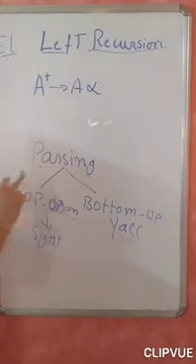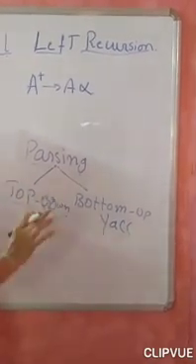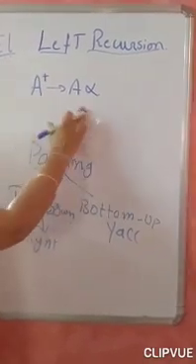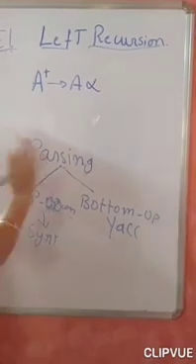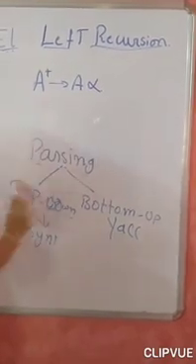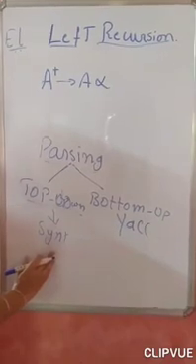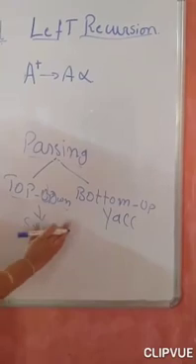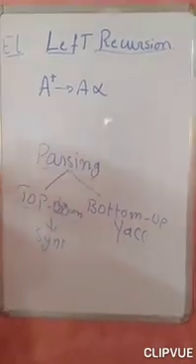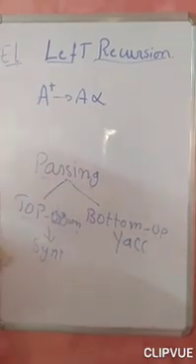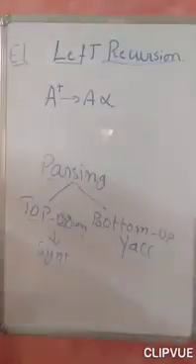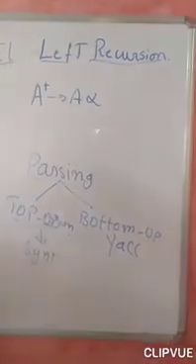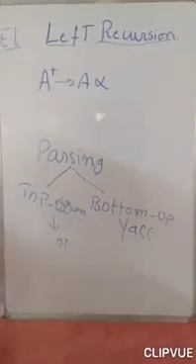So when we plan to use top-down approaches, we should make sure that whatever grammar we are using for parsing should not have such left recursion. That is the purpose for which we need to eliminate left recursion. Got it? Top-down parsing, which is used for identification of syntax errors, will not support a grammar which has such a production, that is, left recursion. So as much as possible we need to eliminate such left recursion. So how to eliminate this left recursion is,